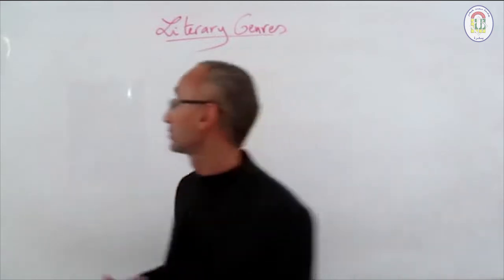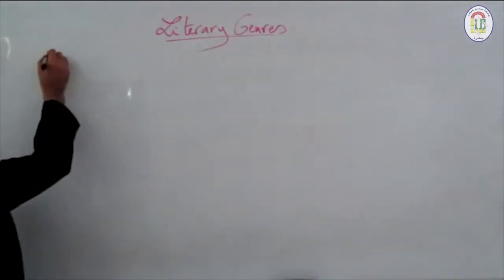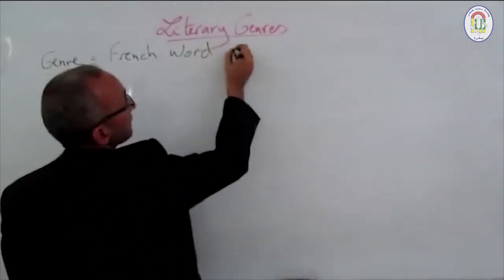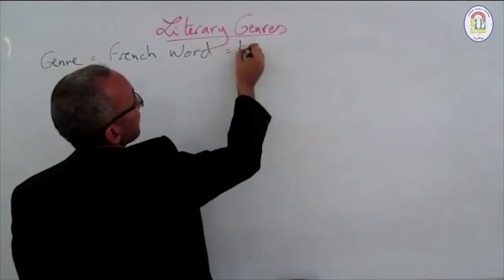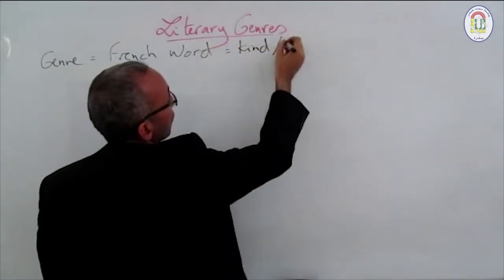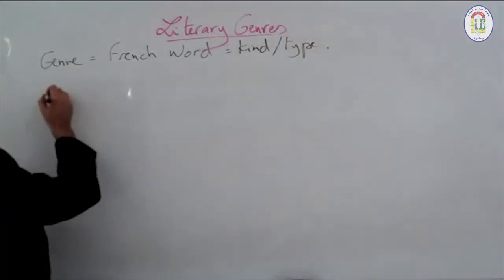So we write here, simply, genre, first, means it's a French word. We'll focus only on the keywords here. French word, which means kind or sort or type. Clear. Now, as a term, it refers to